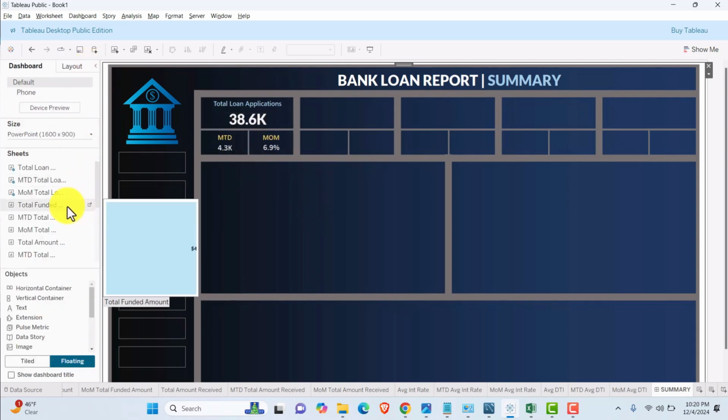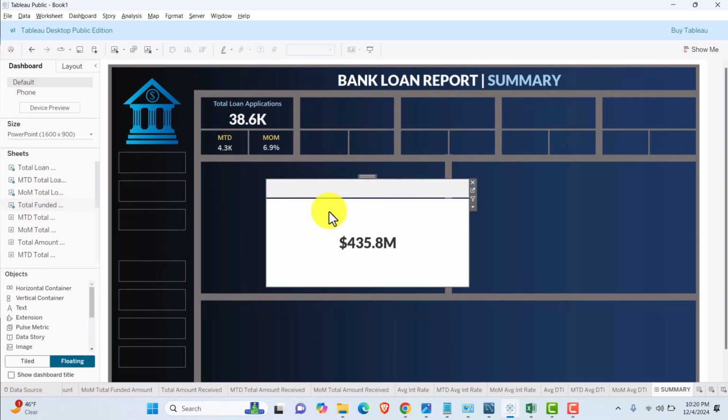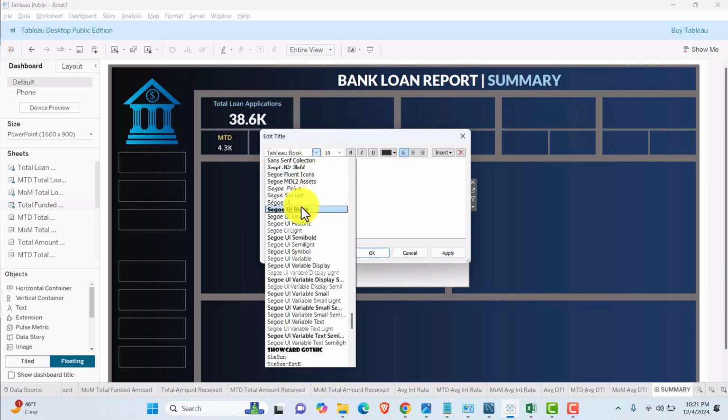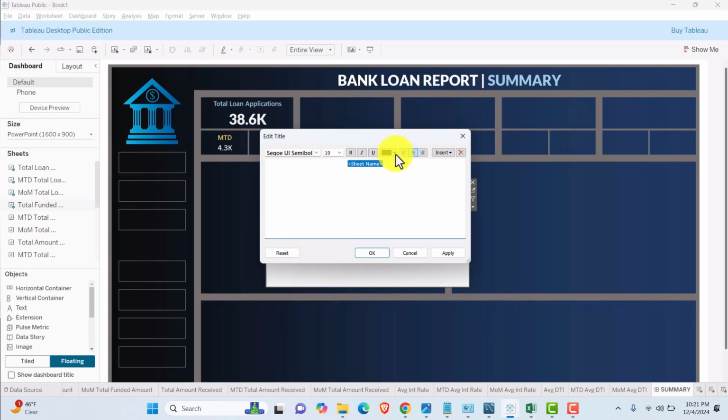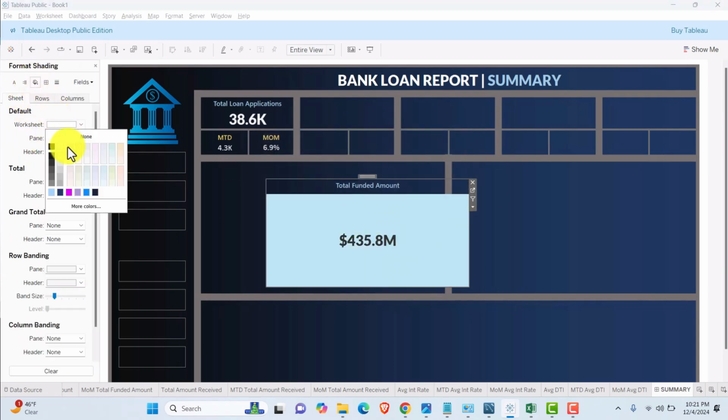Okay, now what's going to be our next KPI? It's going to be the total funded amount. So I will drag it and release it over here, and I click on it. I will make it 10. I will select Segoe UI Semibold, the font. I will center align and I will make it this color, and I will click on apply. Okay, now I will right click here and I will click on format just to remove the shading